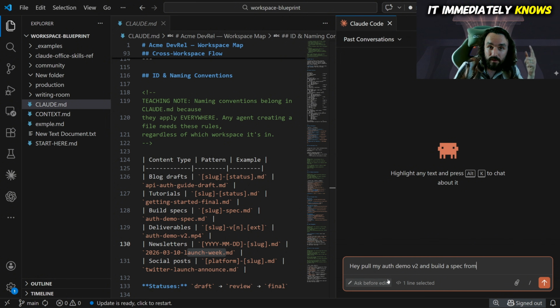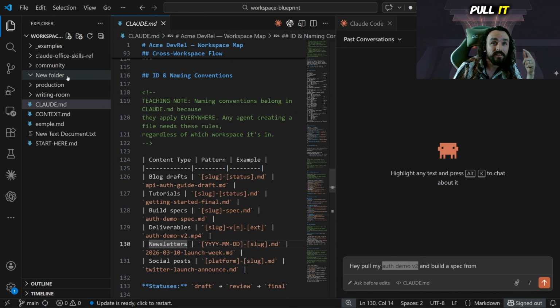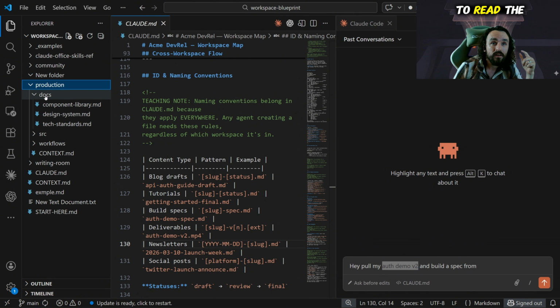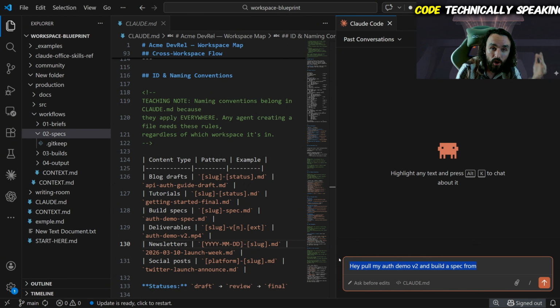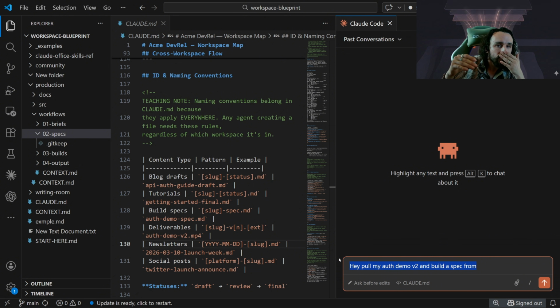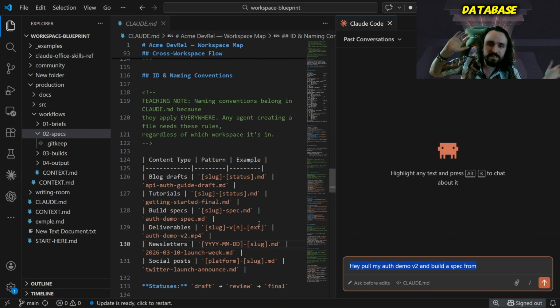It immediately knows, without me doing anything, to look where that v2 demo script would be because it knows how to find it. It knows to pull it. Then it knows to read the docs associated with specs and then start building it. I have zero code, technically speaking, running any sort of Python injection or framework or database.